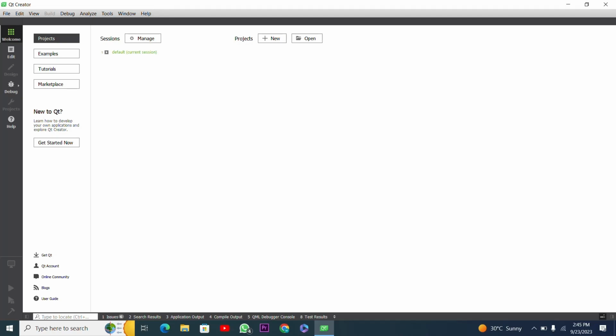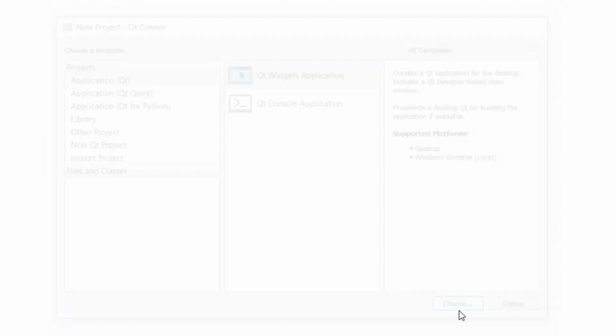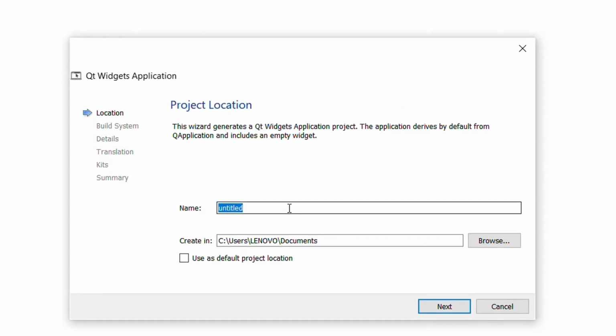In this video, I will implement horizontal layout and vertical layout in our Qt framework by using checkbox widgets. So I will create a new project by pressing this new button, and now I will select Qt widgets application, and then I will press this choose button, and after it I will declare a name for our project, and